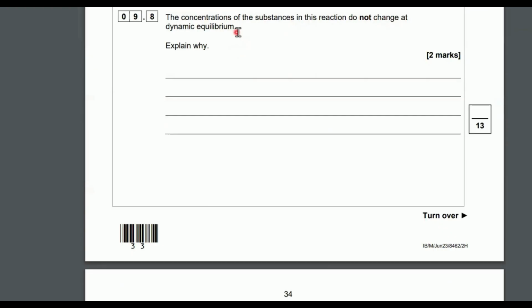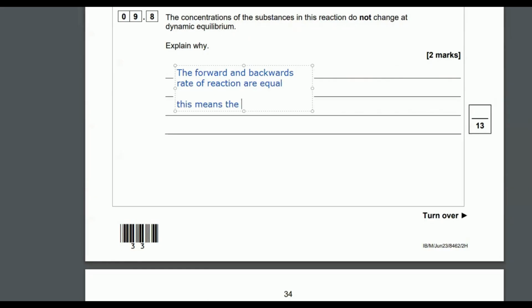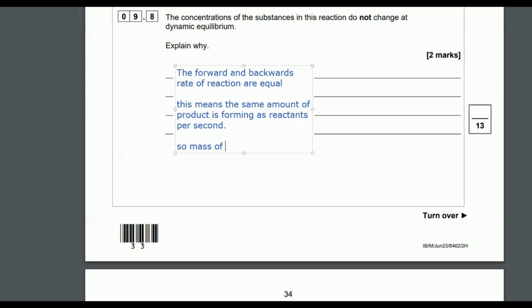9.8, the concentrations of the substances in this reaction do not change at dynamic equilibrium. Explain why. So dynamic equilibrium means the reactions are still happening. You're still making product, you're still making reactant, but the forwards and backwards, or left and right, reactions are happening at equal rates. So we're making the exact same amount of product as we're making reactant. This means the same amount of product and reactant are forming per second, or the rates of